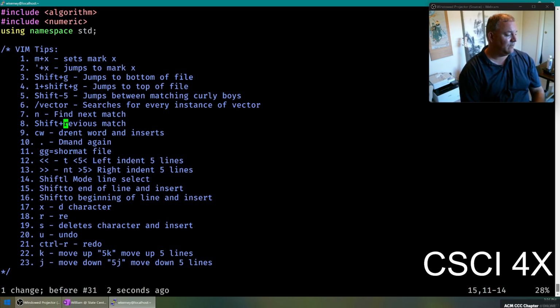I don't know how to redo. So if I undid something, I'd have to retype it all. Yeah, Control R. Control R for redo. U for undo, Control R for redo. I don't know why it's not symmetrical. You'd think that Shift U would be like redo, which I think it